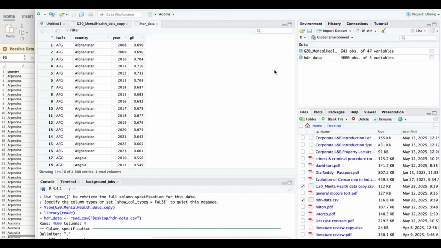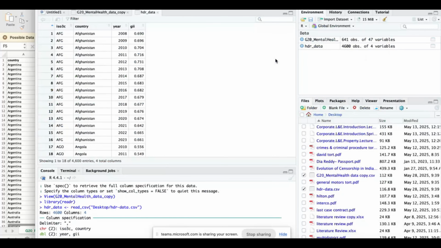Okay. And so now we want to merge these data sets. So think of it and tell me, out of the 4 joins that we just learned, which one should we use to merge these 2 data sets? And remember that we don't need all the countries and all the years from GII, and we want to merge it according to the mental health data that we have. Left join? That's right, actually. Because this will create a new data set which has all our mental health data and the corresponding data from your GII.